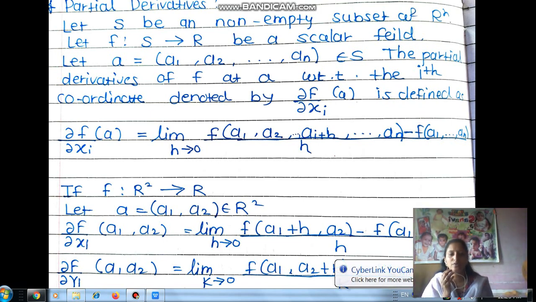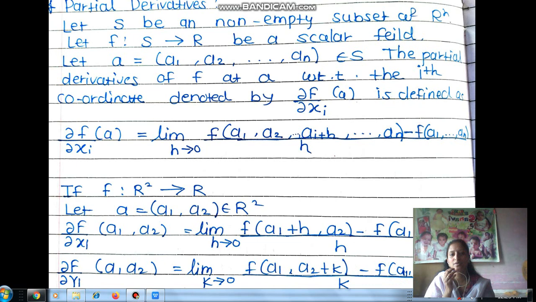Okay, all of you know the partial derivatives. You studied them in 12th standard. So here we study some theory of partial derivatives. The definition of partial derivatives is: let S be a non-empty open subset of Rn, and let f